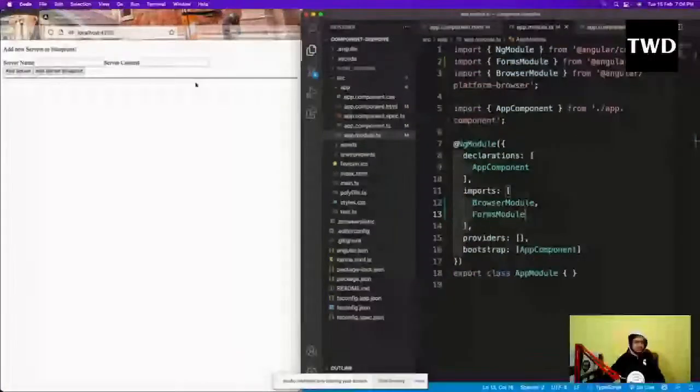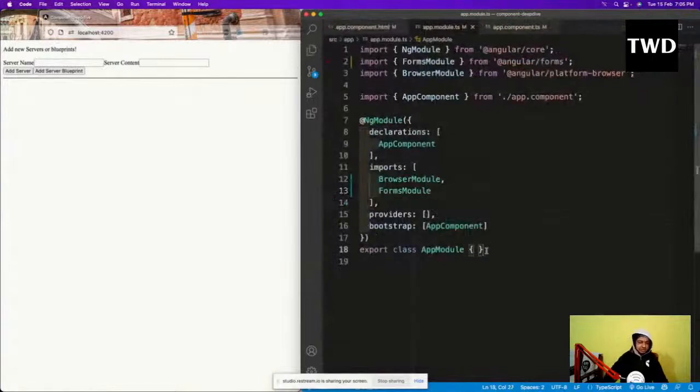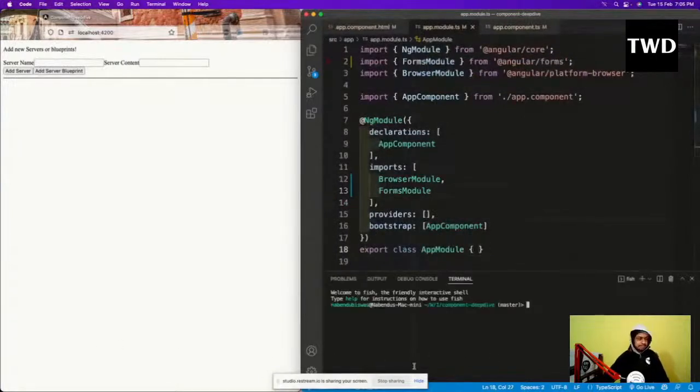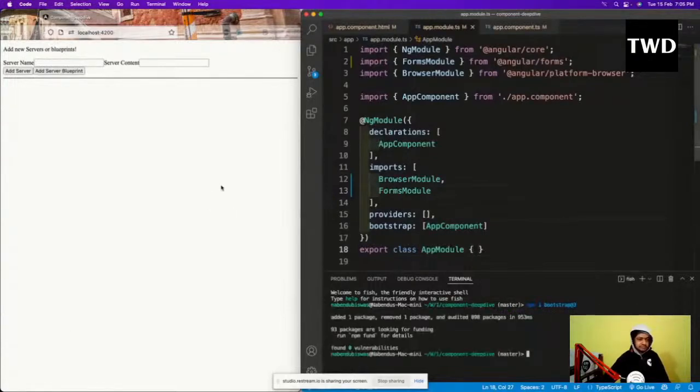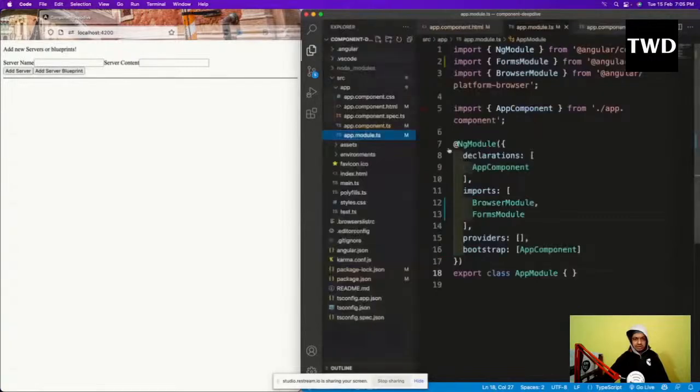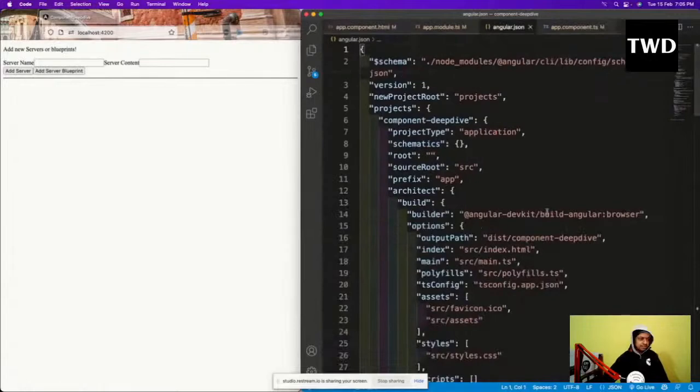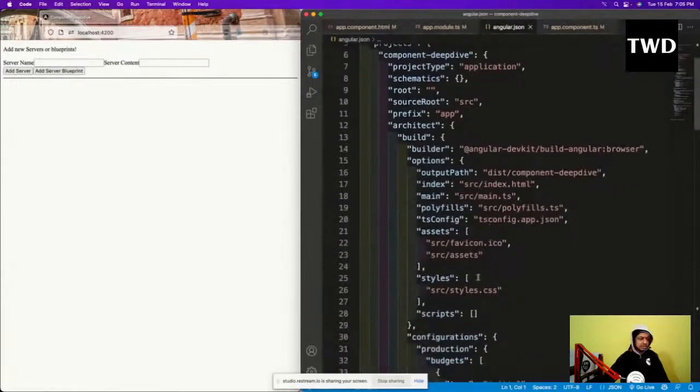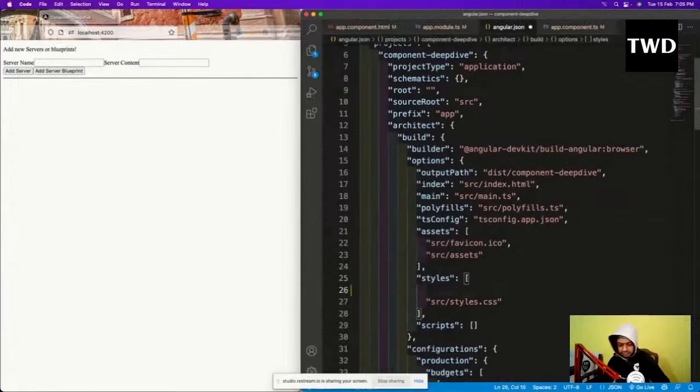Because this project also has Bootstrap, we are not learning CSS right now. So how to add Bootstrap? I will open the terminal and run npm i bootstrap@3. I'm going to add it. And after this, it is added in the package. I'll go to the angular.json file, and here in the styles I have to add